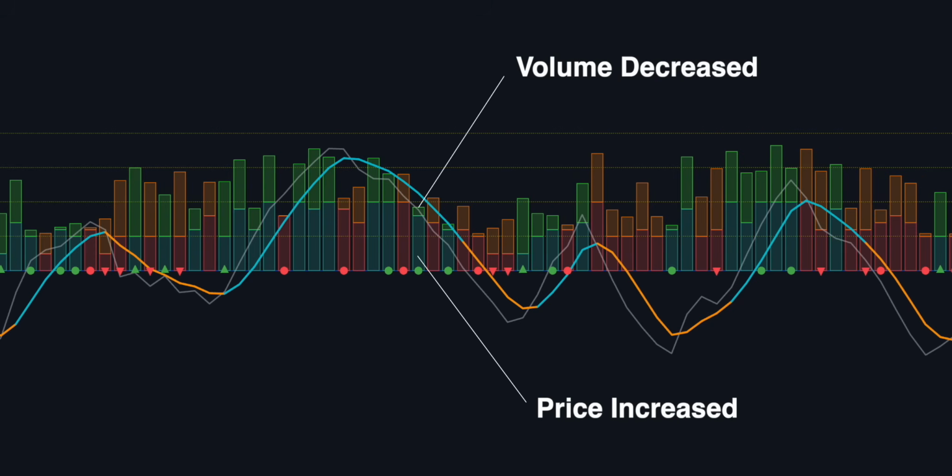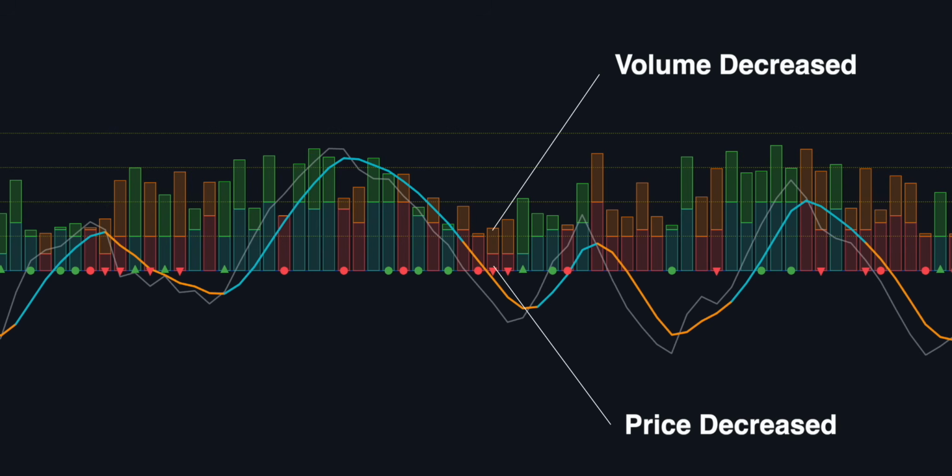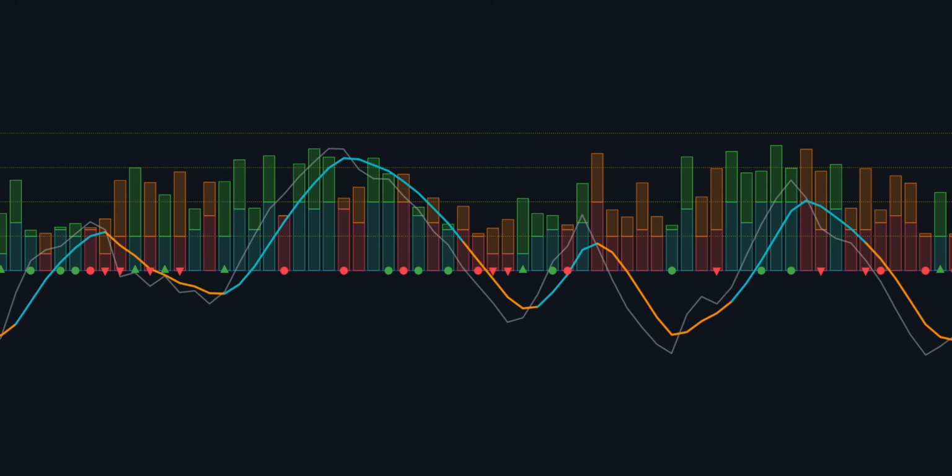The next case is when the volume is down and the price is up. This could suggest a potential price reversal to the downside. Low volume might indicate a lack of conviction in the current uptrend. Lastly, we have a scenario when the volume is down and the price is down as well. This could point to a potential price reversal to the upside, as the lack of volume might mean there is a lack of interest in the current downtrend. VPA is used by traders to validate the strength of price movements and to spot potential reversals or periods of